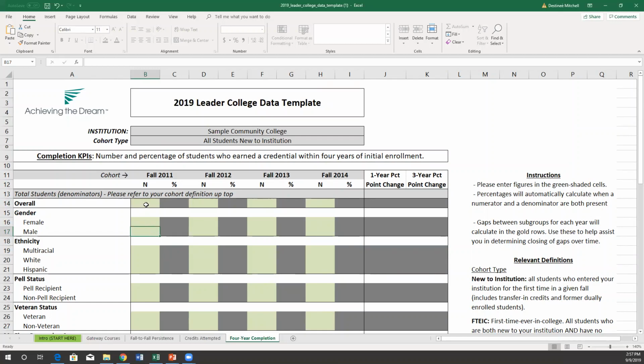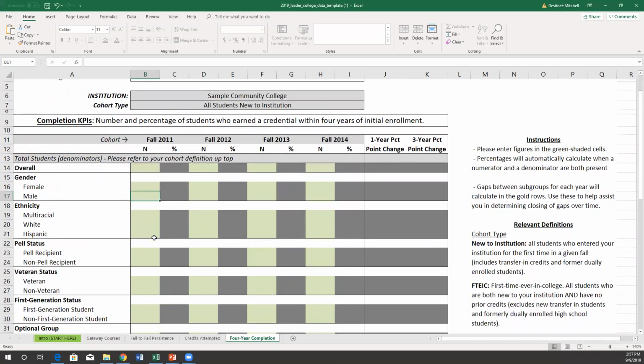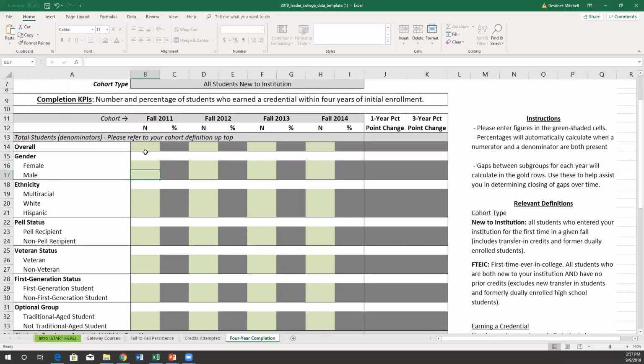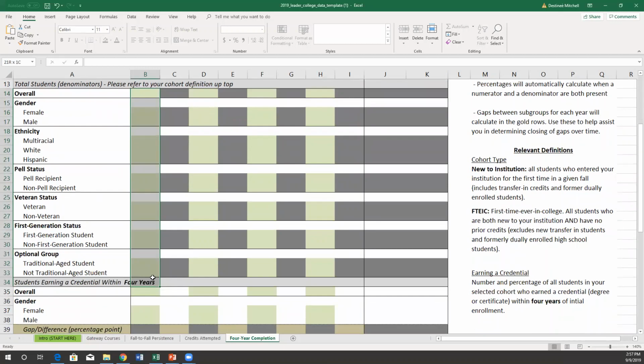But I did try and create it where, let's say you're trying to enter all of these metrics. If you need to copy paste from something, you can at least copy paste by column. But if you try and copy paste the whole table, these gray cells are going to tell you that you can't change them. If I try and enter anything here, it's not going to work.